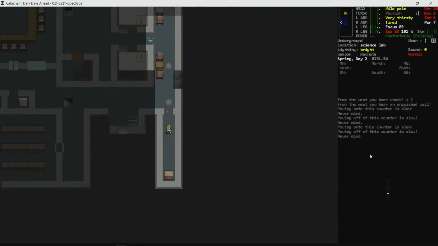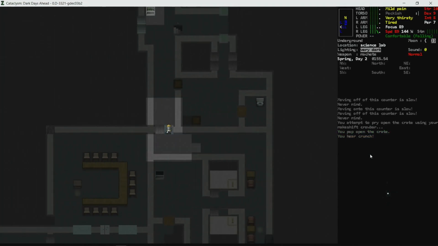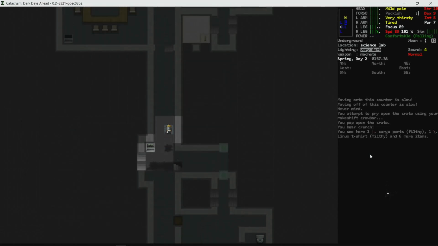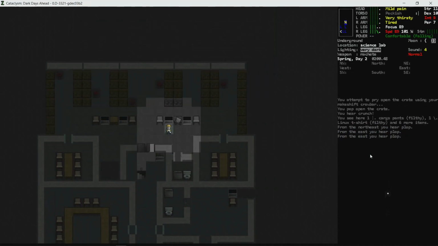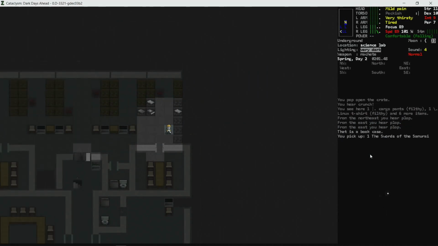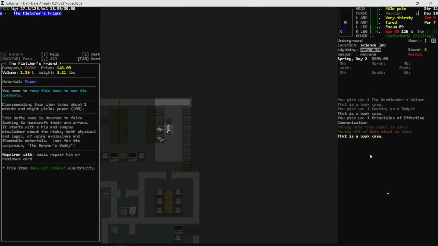So, just a crate in the hallway? That's weird. My only goal is to not get shot by turrets that we've already seen. If we can successfully not be shot by turrets that we've already seen, I will count this as a win. So this is going to be a big gathering episode where we're going to kind of try to figure out